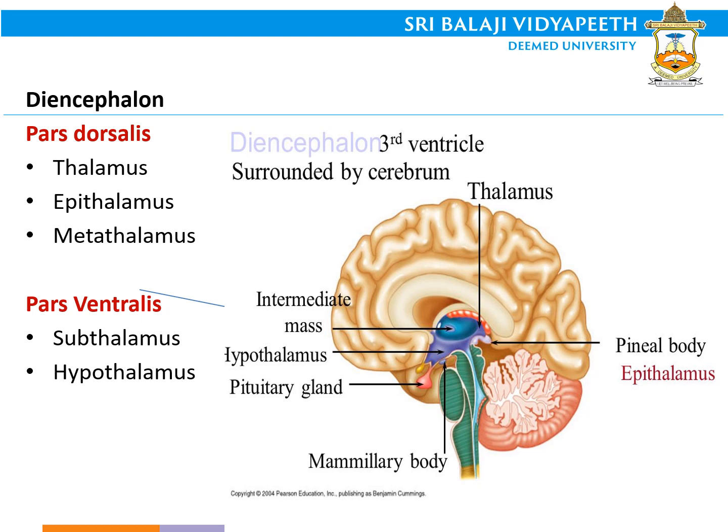Next, coming to the diencephalon. Now, thalamus. Before going into thalamus, we need to know something about the diencephalon. The diencephalon is divided into two parts, the pars dorsalis and the pars ventralis, by a sulcus which is called the hypothalamic sulcus, which extends from the interventricular foramen to the cerebral aqueduct of Sylvius. The pars dorsalis includes the thalamus, the epithalamus and the metathalamus, whereas the pars ventralis includes the subthalamus and the hypothalamus.